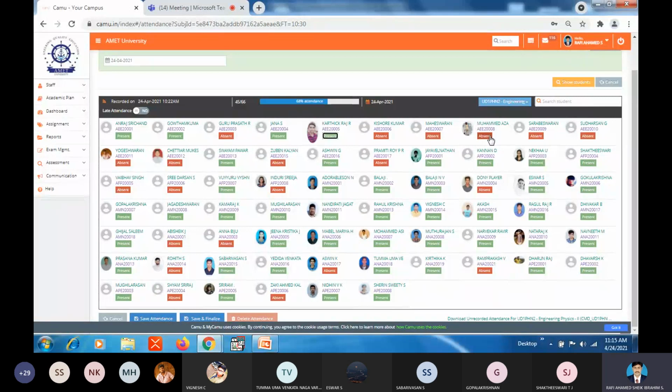Around now the time is 11:15. You can see in the chat box that most of the students join the classes only after 11:20. Between 11:20 and 11:30, we can see the numbers increase. So don't do like that.